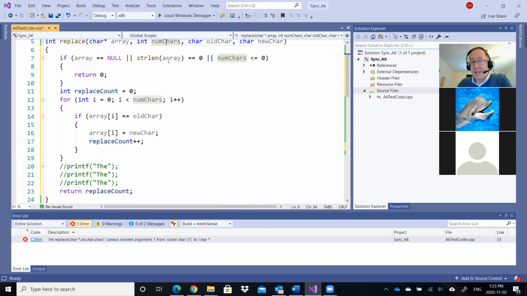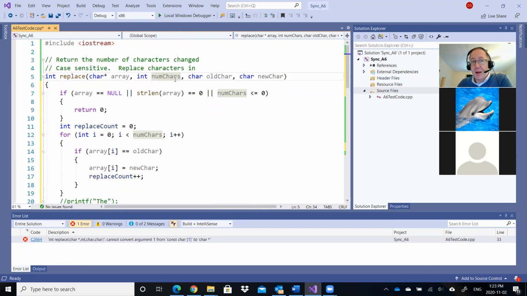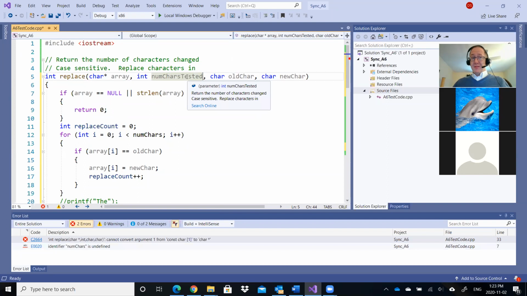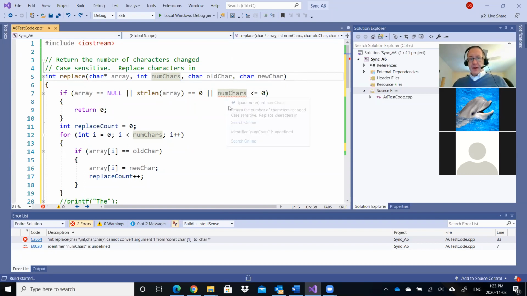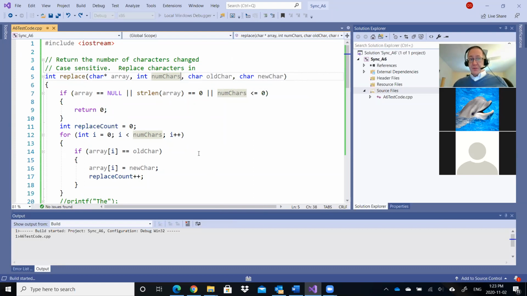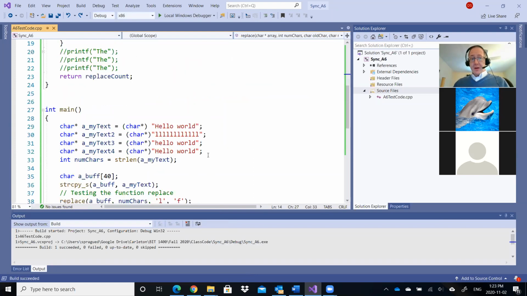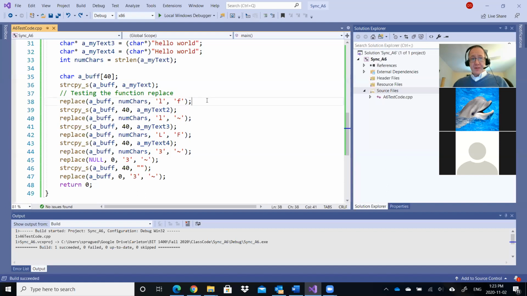Notice other tests I should try. Try it with the number of characters the size of my array. So numchar is probably not the best name. Numchars tested. Let's just leave it at numchars. I'm assuming this is how long this string I'm going to be checking for is. Okay, and what I'm going to just do is walk down this array and see what I get. So what I might want to do afterwards is